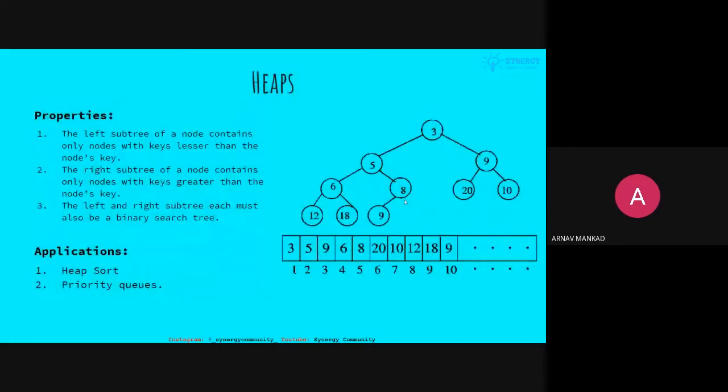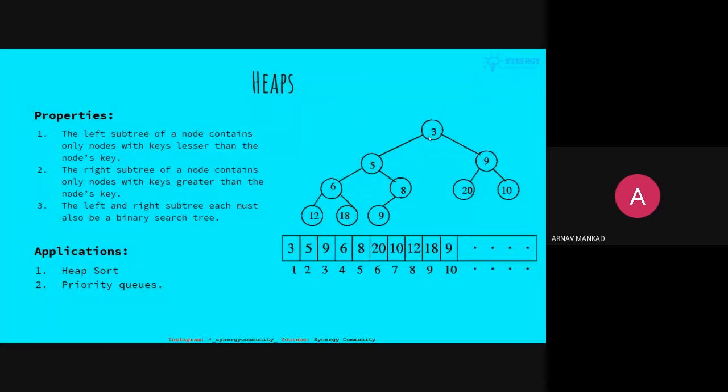Okay, so we saw binary search trees. Those are binary trees where the left node is less and the right node is greater than the current node. In case of heaps, the change is that the node can be greater than or less than the children. So over here, the diagram we have is for a min heap. There are basically two types of heaps: min heap or max heap.